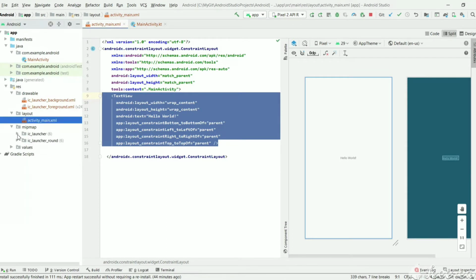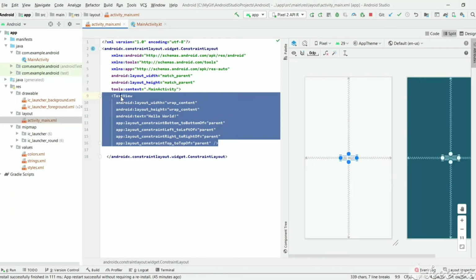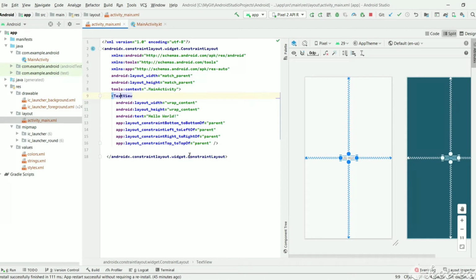And these are also some of the image drawable related files, ic_launcher, and values: colors.xml, strings.xml, styles.xml. So if you want to apply the same style or a custom style to different UI elements, you can create the style in this XML and you can apply it to all those elements, either text view or edit text or button, anything. And strings will contain constants. Those constants we can use anywhere in the app. And colors is to set the colors to any text or button, anything else.